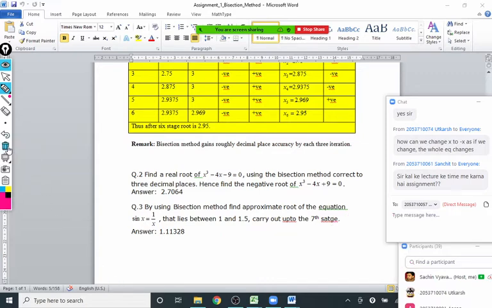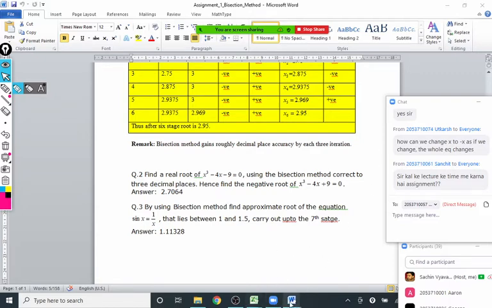No, sir. Actually, my doubt is that 2 plus 2 is the answer of that second equation, not the first. See, alpha is the root of the first equation, minus alpha is the root of the second equation. That's one. So the question is asking to find the negative root of that first equation, not the second equation. And hence find the negative root of the second equation. This is the second equation. But you should read it carefully. Okay, so that's the first one.